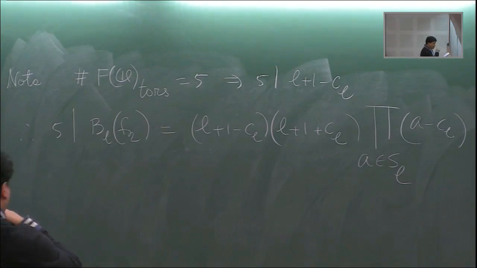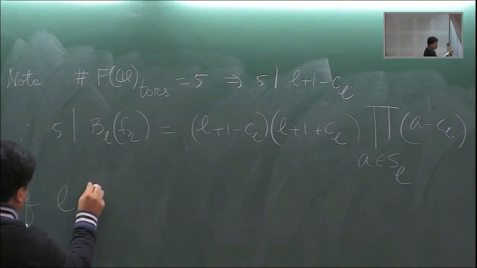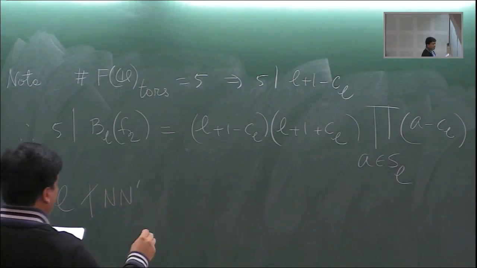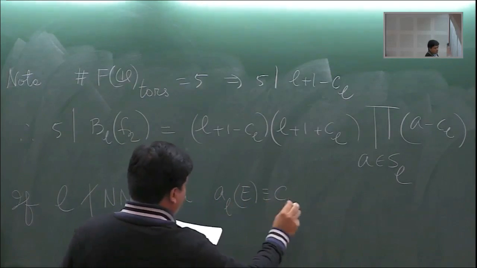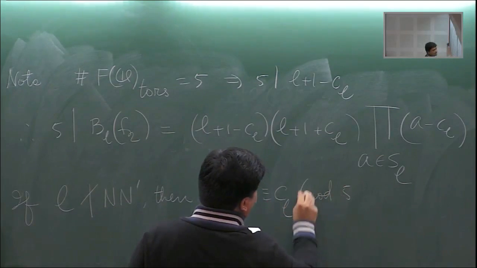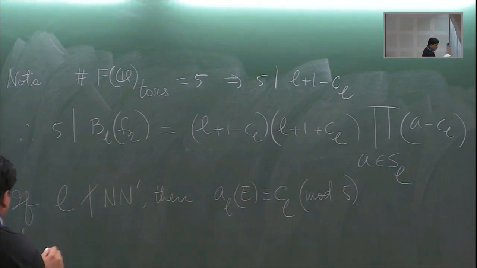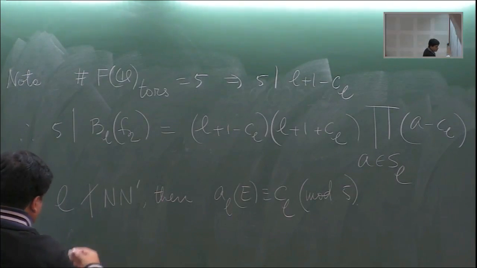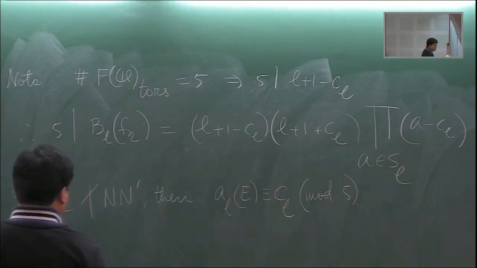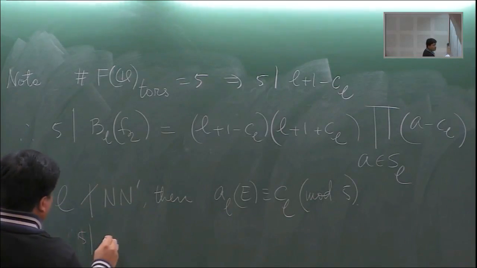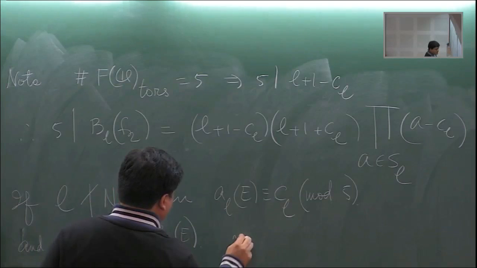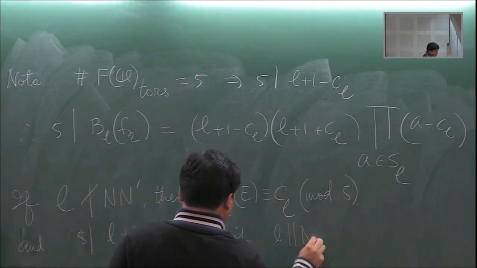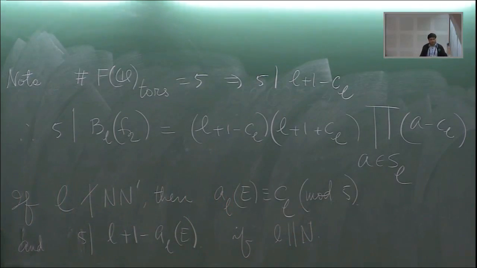Okay, so if L does not divide n times n prime, then I know that a_L is congruent to c_L mod 5. Now my p is 5 here, mod 5, and I know that 5 divides L plus 1 minus c_L also, so therefore 5 divides L plus 1 minus a_L. If L divides N. Okay, so now you see that